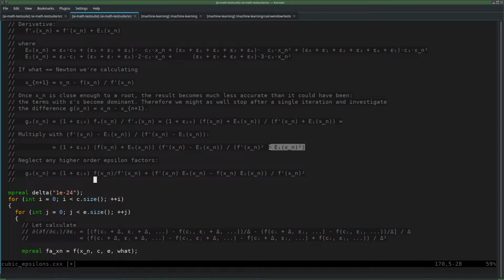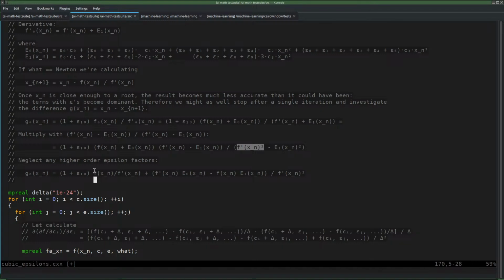Yeah, so this can be ignored, of course. It's just a square of epsilons, and that means that we just divide by the square of the derivative. And then if you multiply by this epsilon 1, then you have to ignore every other epsilon factor, so we ignore those two as well, which then means that you have f times f'(x_n) divided by